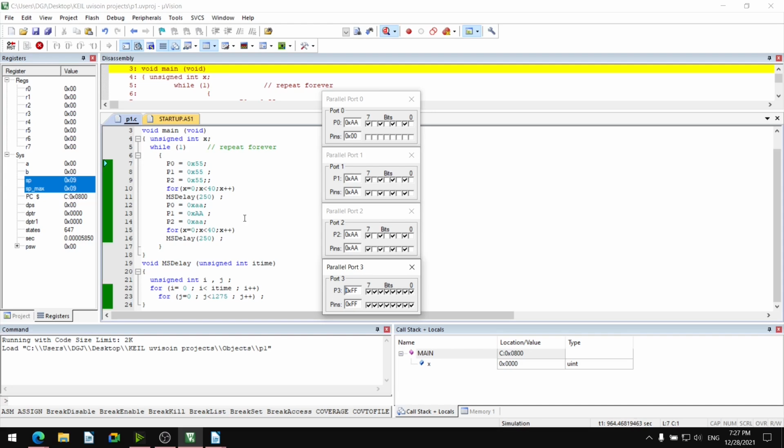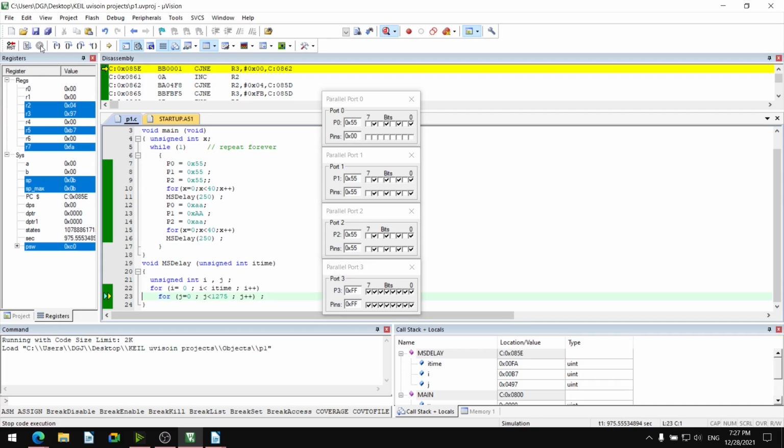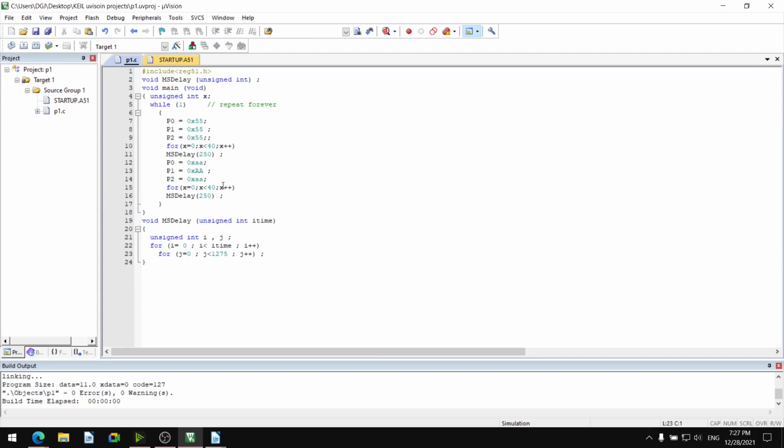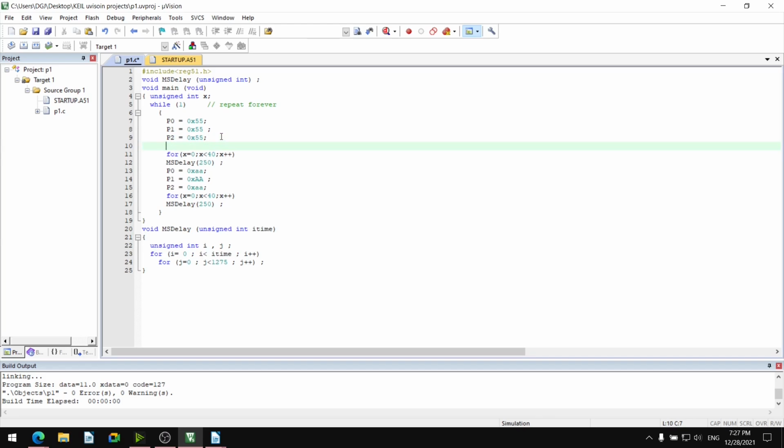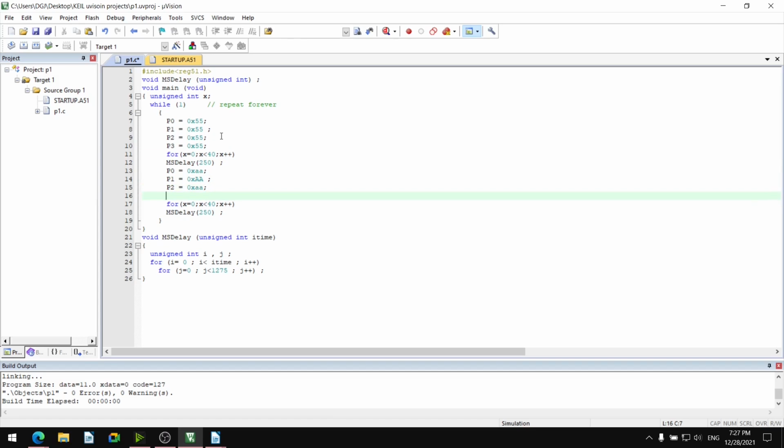So again we can add port 3 also. I will stop the execution. I will stop the debug session and we can add port 3 also. P3 equals 0x55 semicolon, and here P3 equals 0xAA semicolon.